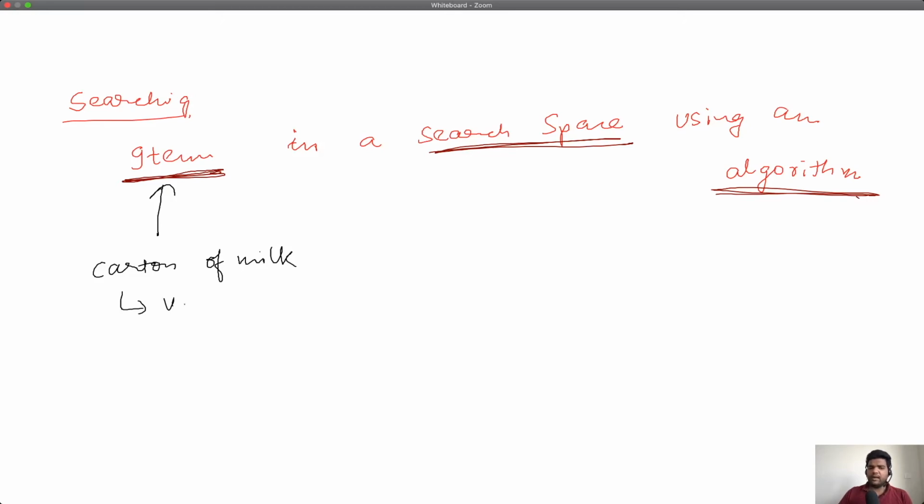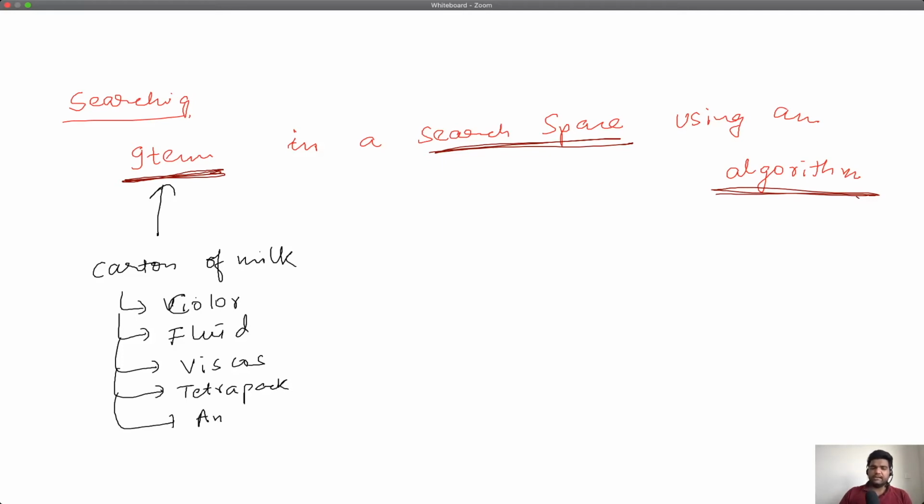You know the color of milk, it is white, it is a fluid substance. It is viscous in general. You know that it comes in Tetra Pak packaging. You know that it is from a specific brand, let's say Amul. So all of that goes into the properties of that item that you are looking for.